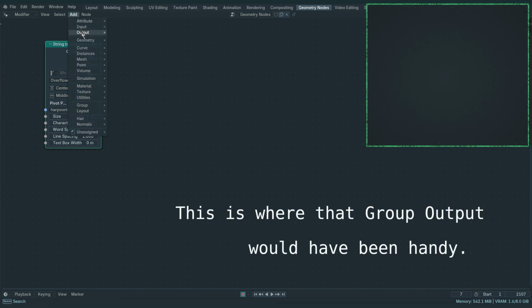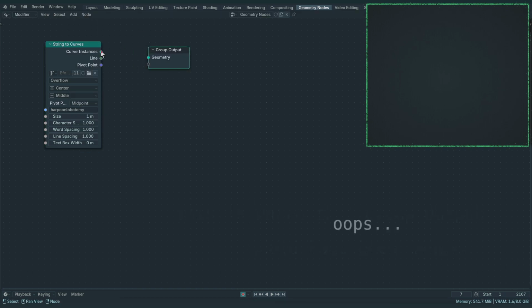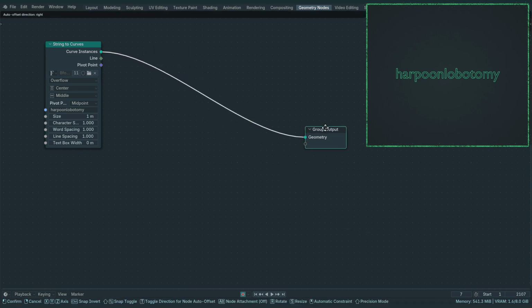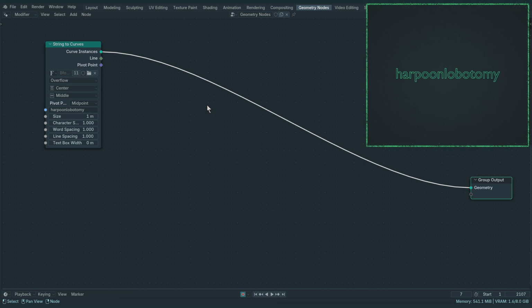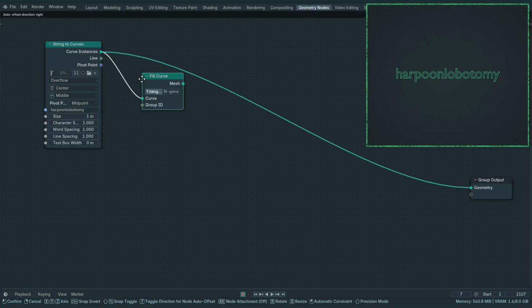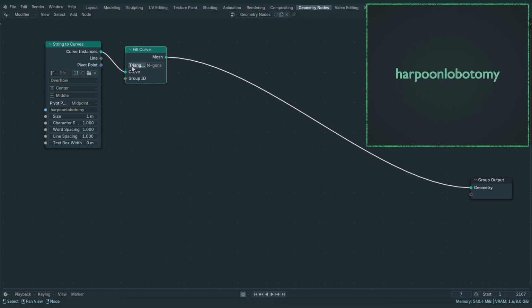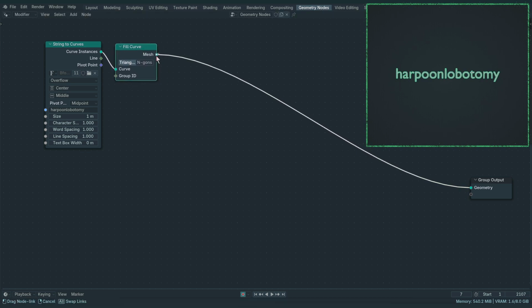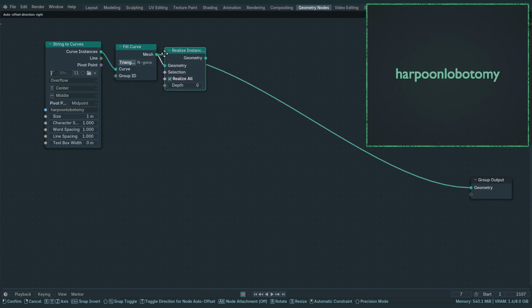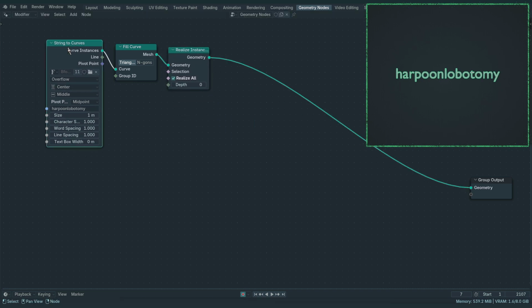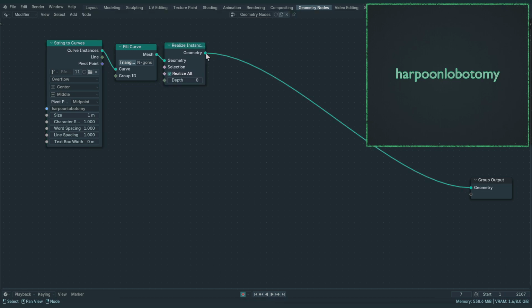From here, just so we can see things, I'm going to plug this straight into a group output. And there we have just our outline of text. Drag that over there for now. So let's fill the curve with a Fill Curve node. Now from here, we'll take this into a Realize Instance, because when you make text like this, each letter is a separate instance, and we need real geometry to do the next step, which is